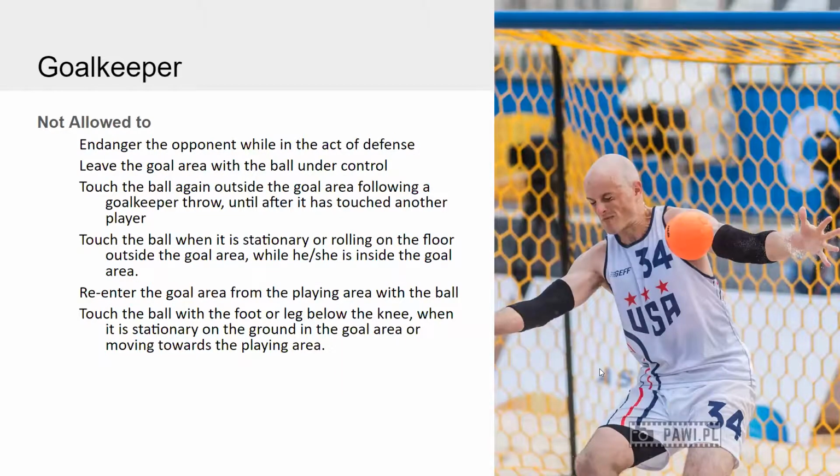What you're not allowed to do is, in the act of defense, endanger an opponent. That is also the same as in indoor. That doesn't change. However, it's a little bit more easy to happen because a lot of players are actually jumping quite far into the room, and you're trying to close off a lot of space as a goalkeeper in beach handball. So collisions of that nature are more likely, and we as referees have to make sure that this doesn't happen. So if you see a goalkeeper really getting very close to attacking players in the act of defense, or getting to a space where you see a potential